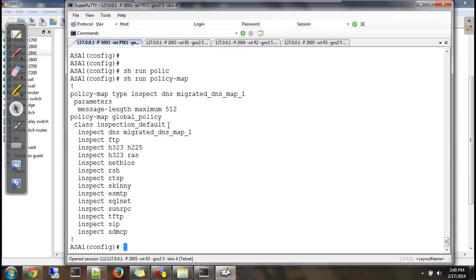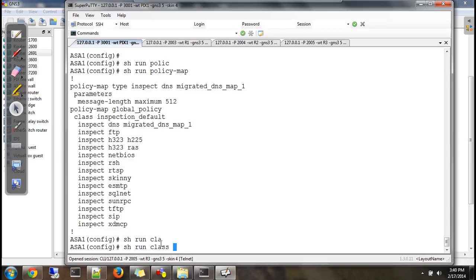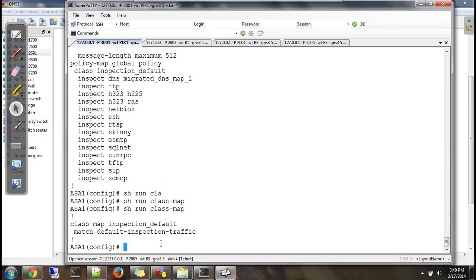This selects the traffic. Check. Say show running class map. What does the class map contain? It is matching default inspection traffic. Now see what the default inspection traffic is.